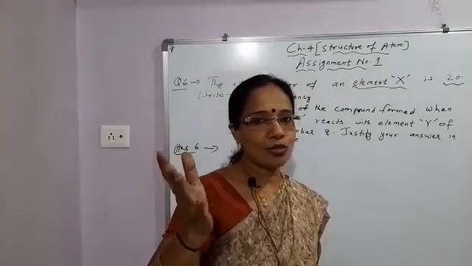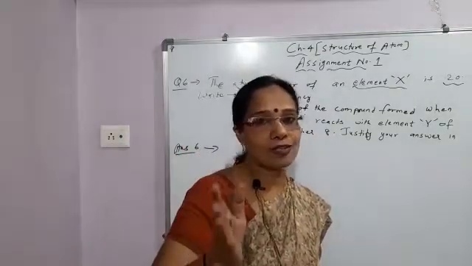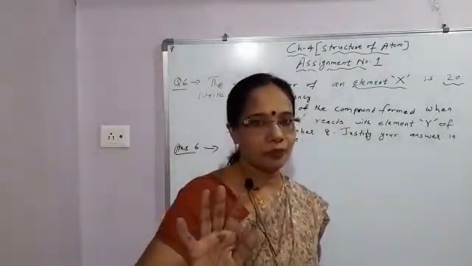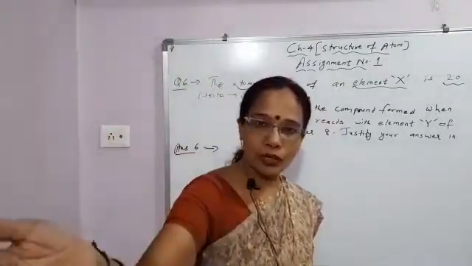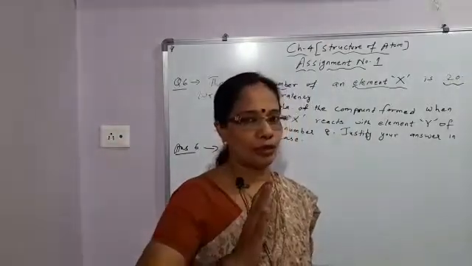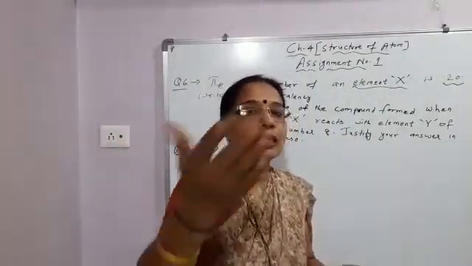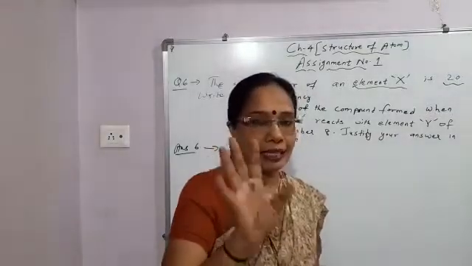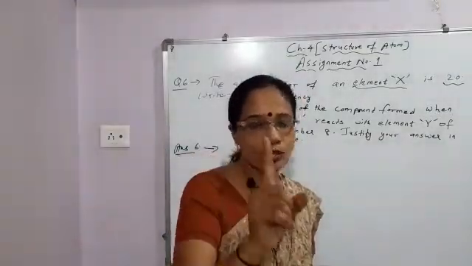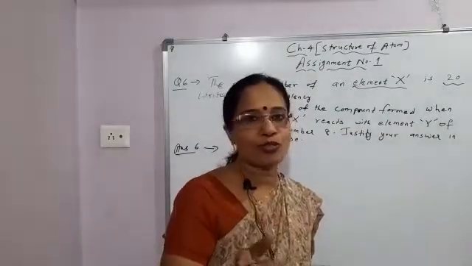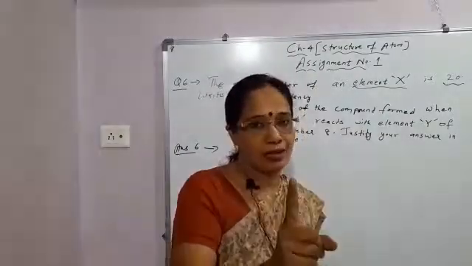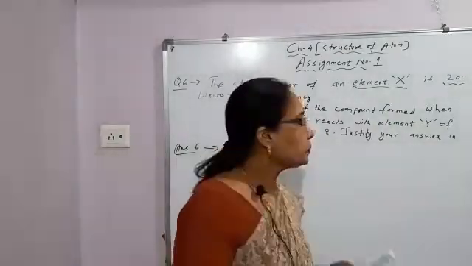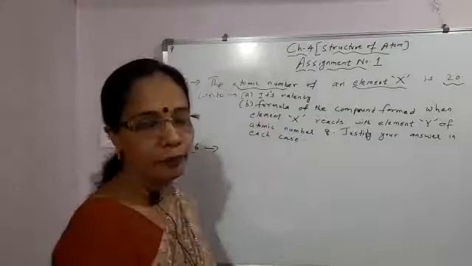And noble gases usually have outermost how many electrons? 8 electrons. So all the elements try to attain 8 electrons in their outermost shell. For that, they either lose electron or gain electron or share electron. So how many electrons they lose, gain or share, that is valency. And except helium, helium is the only noble gas which has 2 electrons in its outermost shell because it has only one shell. And first shell maximum capacity is 2 and it has. Okay. So you have to find the valency.